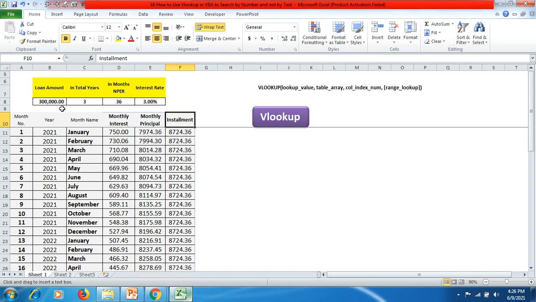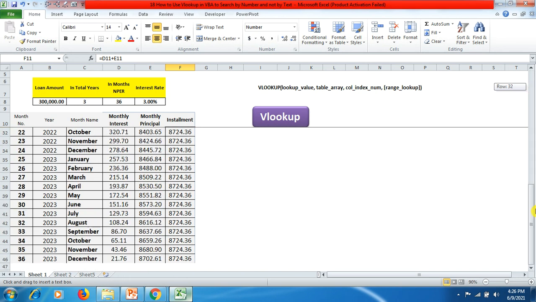Here the person has taken a loan for 3 years, and these are the 36 months of 3 years, and the interest is to be charged. So here we have done some calculation underneath, where we have mentioned the month number from 1 up to 36, and the year from 2021 to 2023, and then the name of the month as well as the monthly interest amount and the monthly principal amount. Then we have the sum of those two as the total installment. So you can see here from month number 1 until month number 36, we have 36 months of data